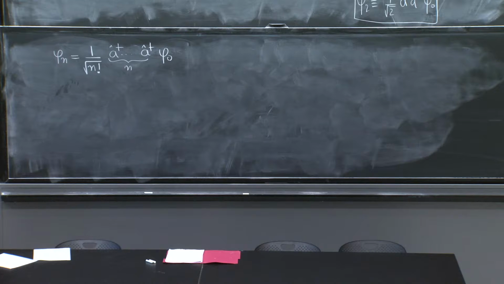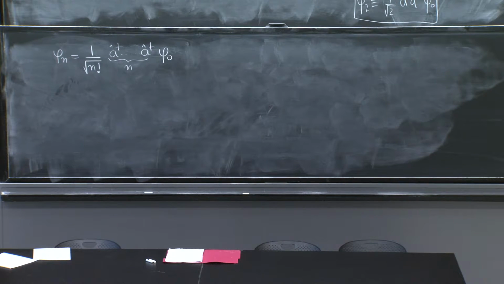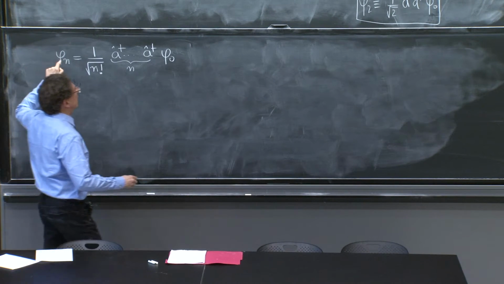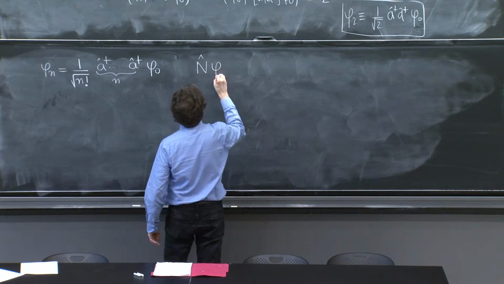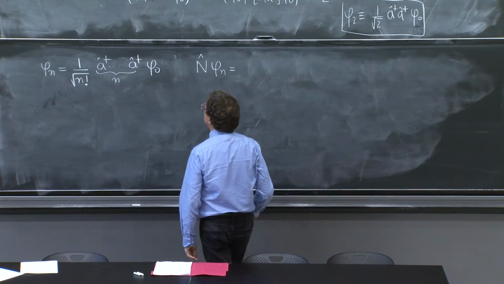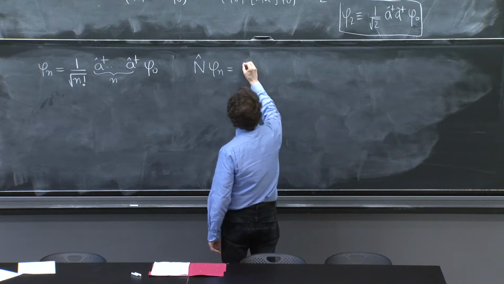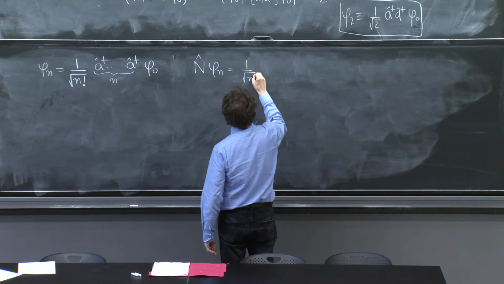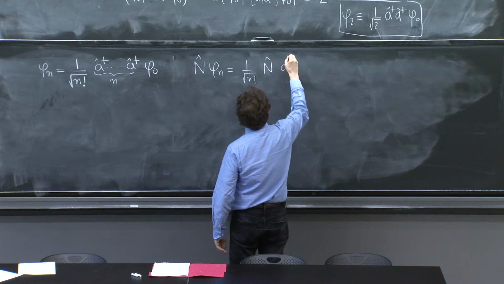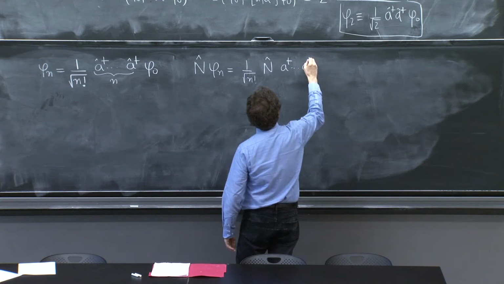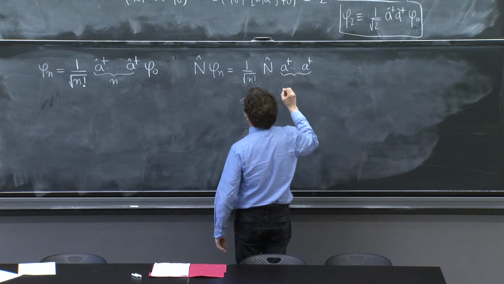That's what you need. That is the state. And what is the number eigenvalue on phi n? Well, it is 1 over square root of n factorial, the number operator acting on the A daggers, the n of them,